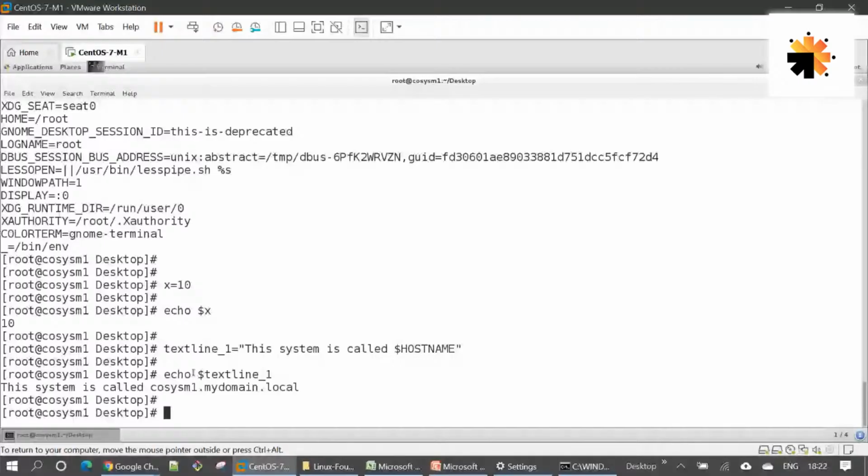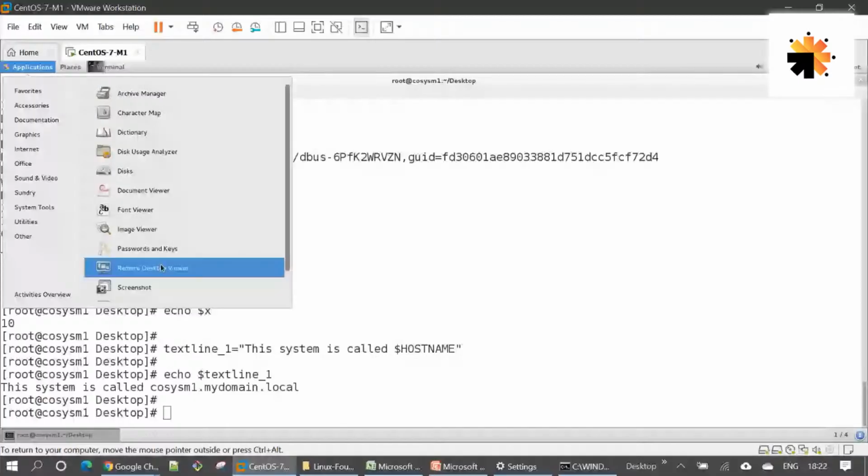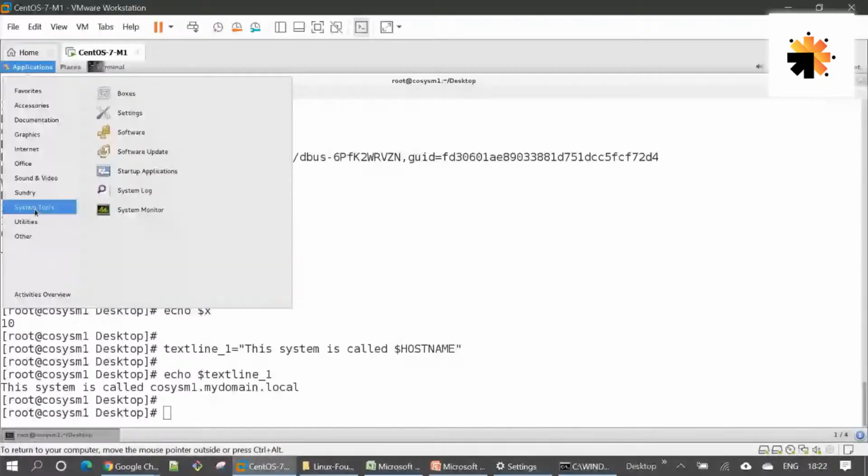You change the display settings manually. So we have got here somewhere we can change the display settings, right? Like applications and utilities, I guess. Let's say system tools. No, settings. Yes, might be here. We have got some options over here and display. So this exactly lets you change the display settings, right? So if you want to change the display settings,